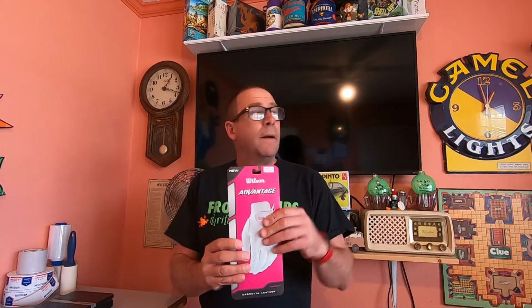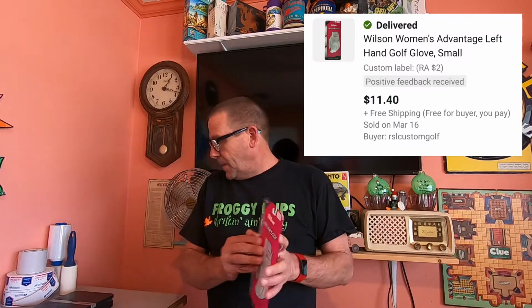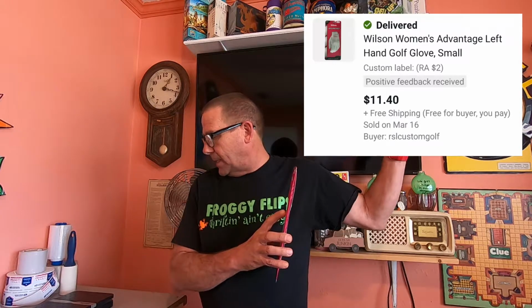Okay, one more item to add to the list. This just came in. I'm about ready to go to the post office, so I figured I'd go ahead and add this to today's list. This right here is Wilson Advantage women's golf gloves. Show it right up here. The buyer paid $11.40, did go free shipping, and I know it said up here in the custom label $2,